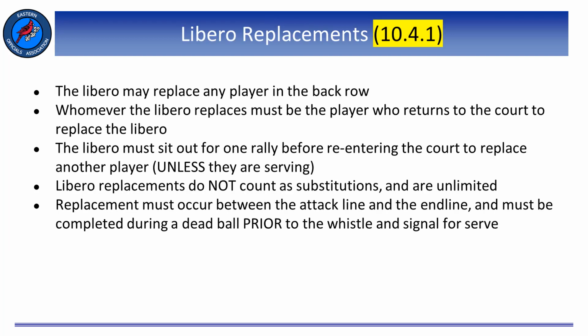As mentioned earlier, a team has unlimited Libero replacements they are allowed to use throughout the set, and they are not related to substitutions. They occur in different parts of the court, and they are a different type of replacement. Specifically, the Libero may replace any player in the back row. The most important thing to remember is whomever the Libero replaces must be the player who then returns to the court to replace the Libero when the Libero is either ready to come off or is about to rotate to